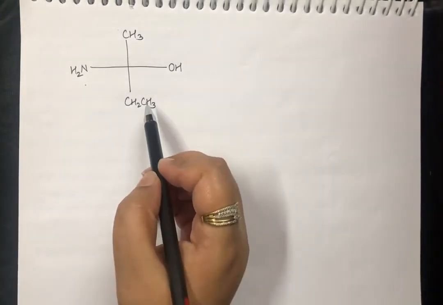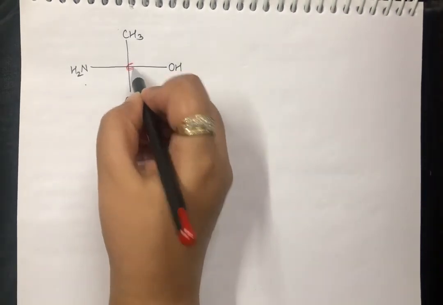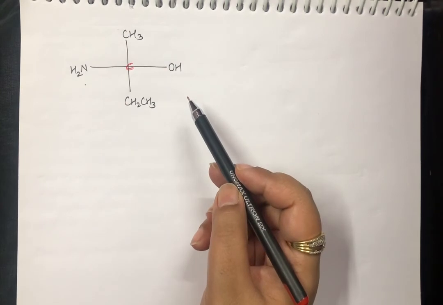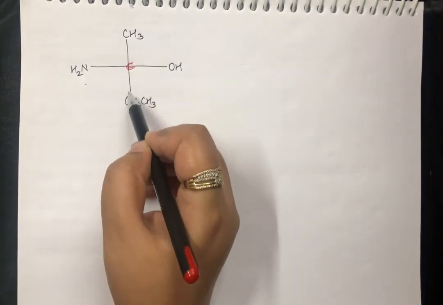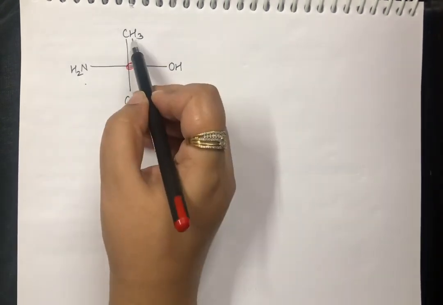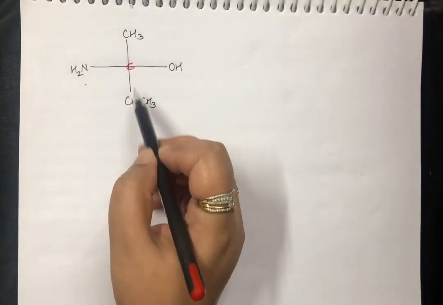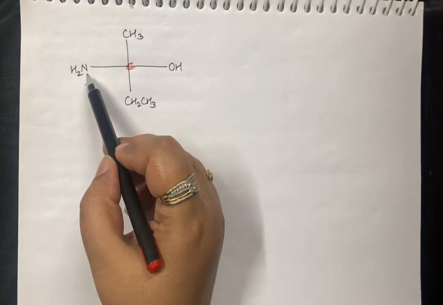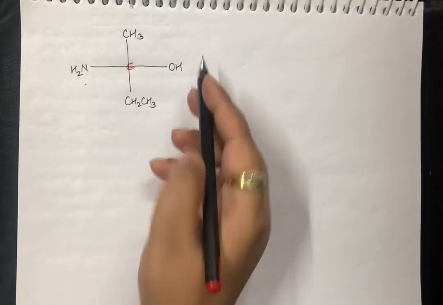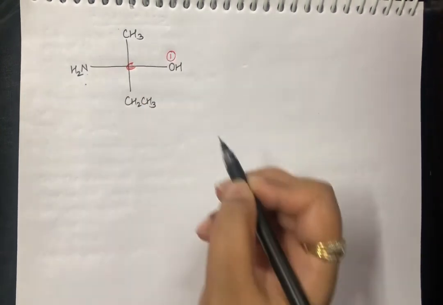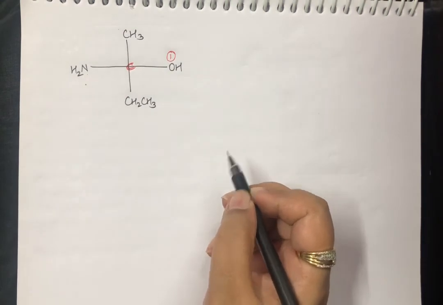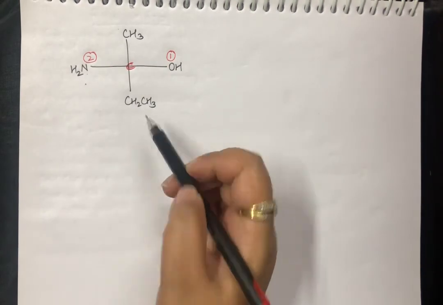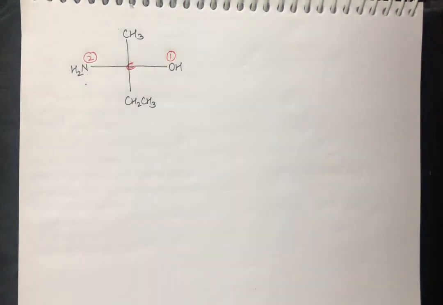I have this compound with me. This is my chiral carbon, and I have to start giving the priority order to all the four groups present. So now if you can see, I have an ethyl group here and a methyl group here. So both of them are attached to the carbons. I will come to this later. And if I talk about nitrogen, nitrogen is atomic number 7, oxygen is 8. So that means my first priority goes to this substituent. Second is here because 7, and then I have 6 carbon, atomic number 6 for carbon.